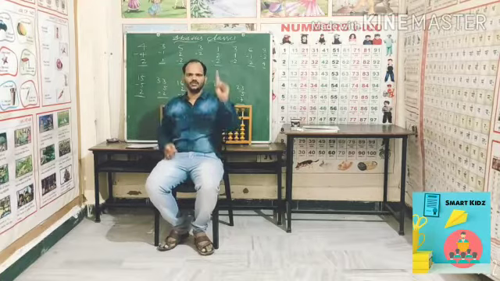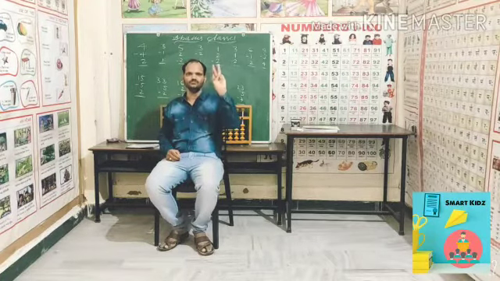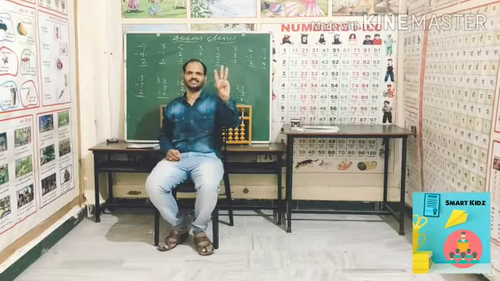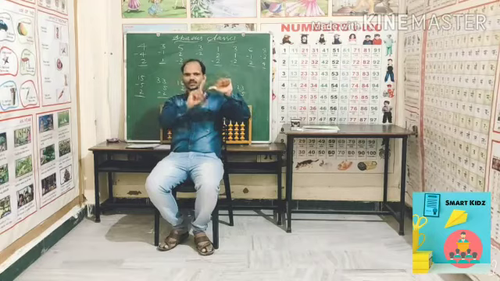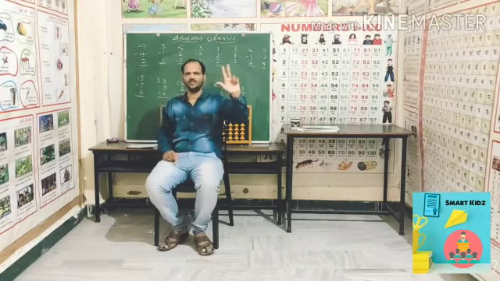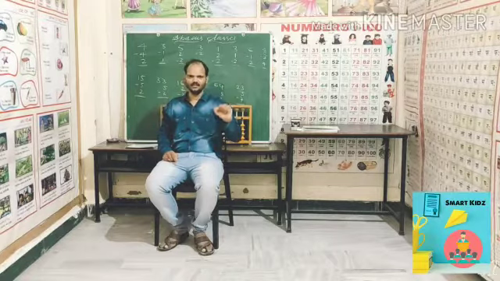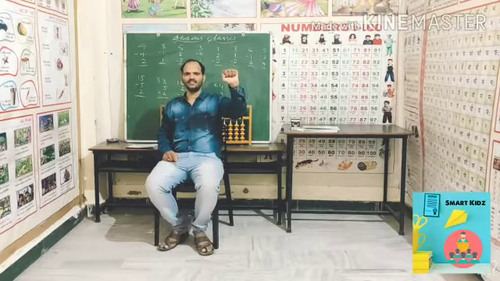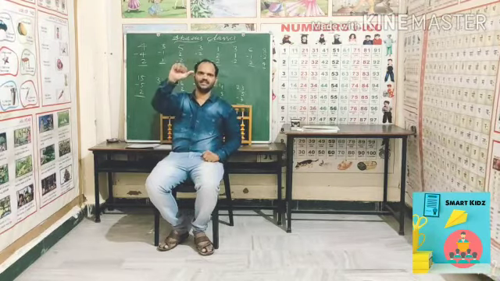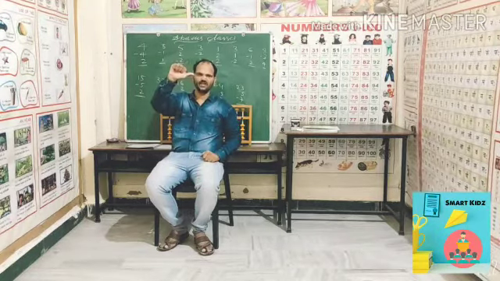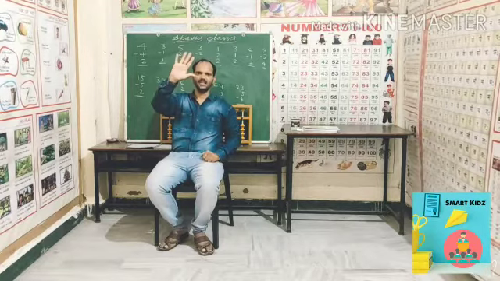For example, I will show. This finger you think of as 1, 2, 3. You can hold it like this for 3, or this is 4. This finger you think of as 5. So 5 and 1 is 6, 5 and 2 is 7, 5 and 3 is 8, 5 and 4 is 9. And when you close all the fingers and the thumb, it is equal to 0. Same like that, on this hand, this is 50. If you hold this, 60, 70, 80, 90.